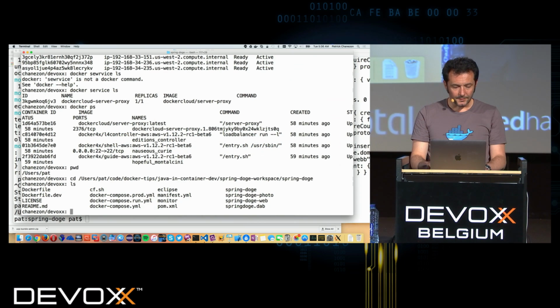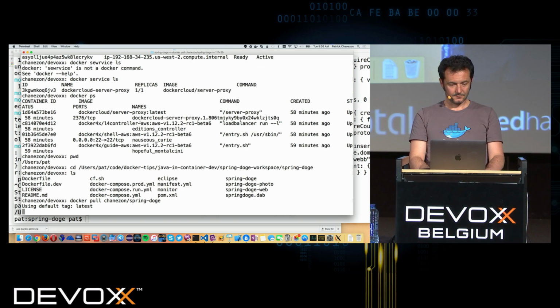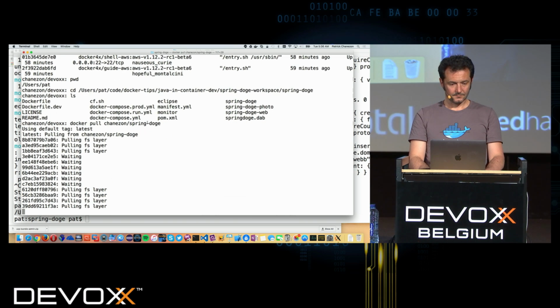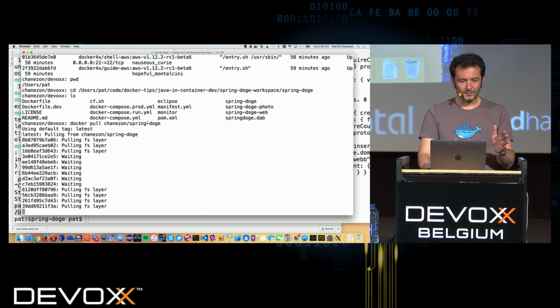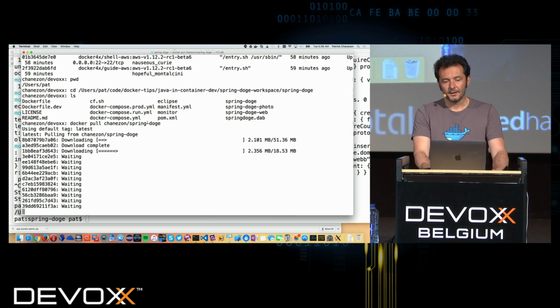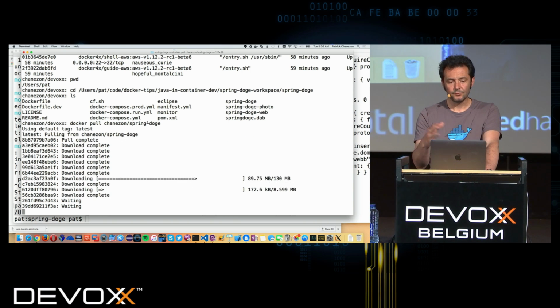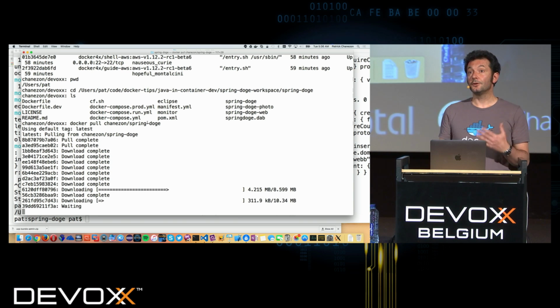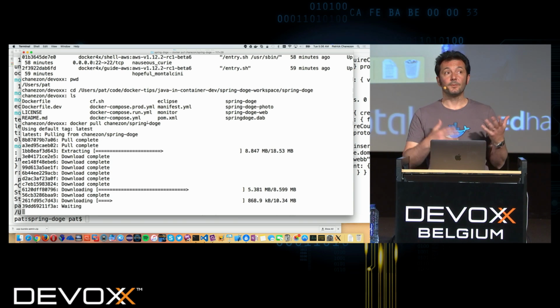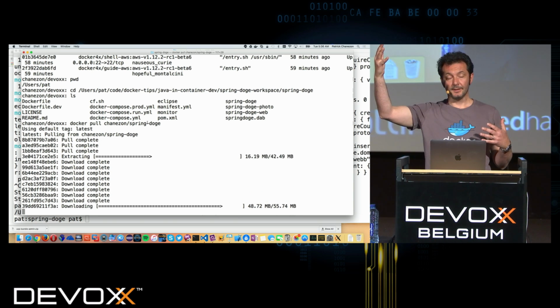So if I want to run that on that cluster, I need to pull the images first on it. So I'm just going to do that. That's happening on Amazon. I'm just going to pull all these images, and then I'm going to do a Docker deploy, and that will deploy my DAB file to that cluster.